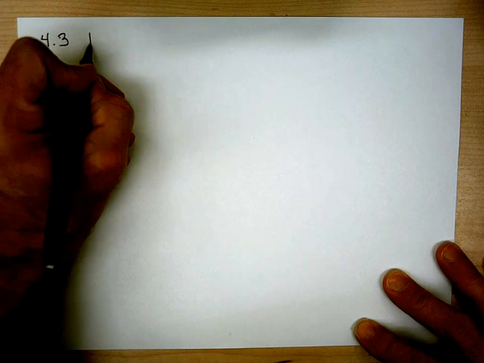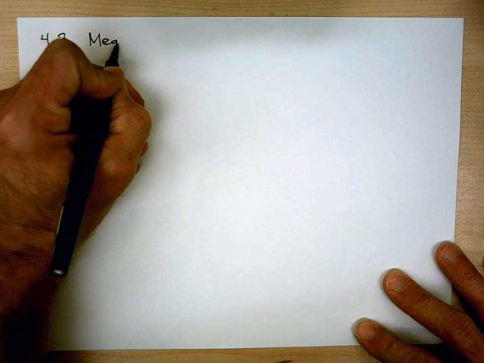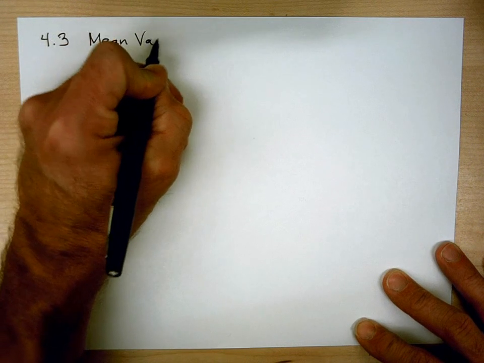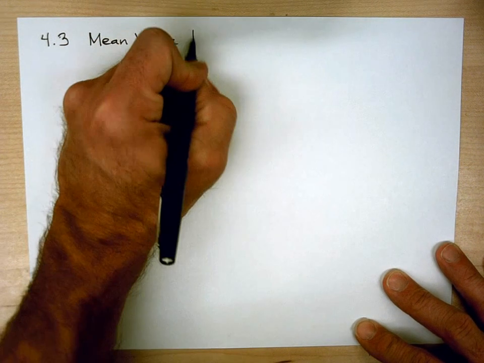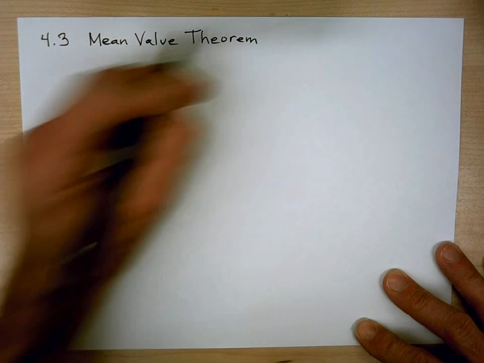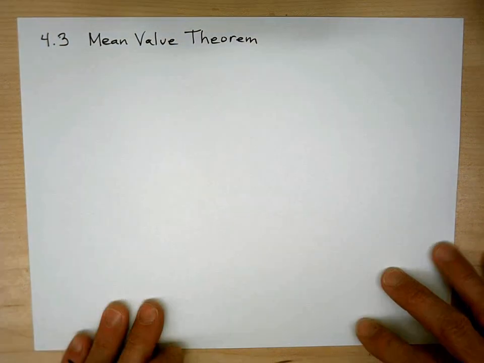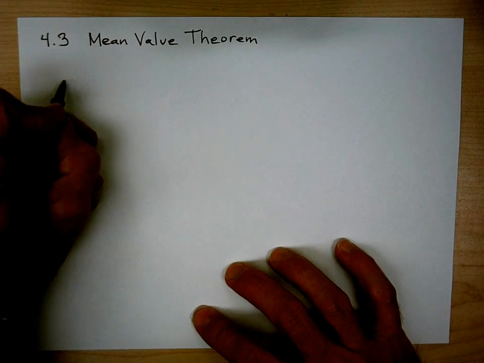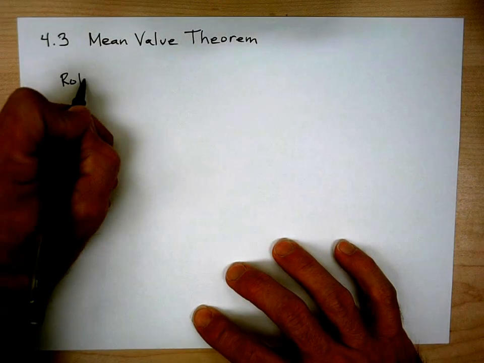All right, in this lecture, I'm going to talk about some topics from 4.3. And the first one I'm going to talk about is called the mean value theorem. We actually saw a version of the mean value theorem in 4.2 where Robert talked about Rolle's theorem. So if you called it Rolle's theorem,